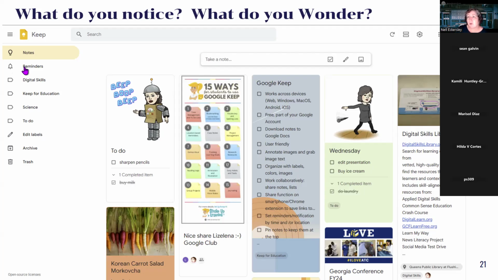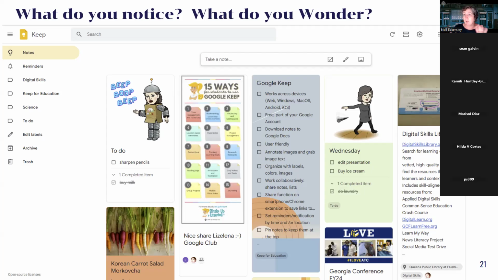So to do notice and wonder, it takes a while for everyone to get familiar with it. But if I was to come back to next Google Club and you decide it's worth coming back to Google Club and I bring out notice and wonder, you're going to start knowing, okay, she's going to make us do this thing again. But you'll get used to doing it. So the first time you do a routine, it sometimes can feel very difficult. It might take a little while for everyone to get ready to do it again. But once you use something like that, it does immediately move people into a certain position, and then you get to that work. Because we're running out of time, I'm not going to spend lots of time on that, but